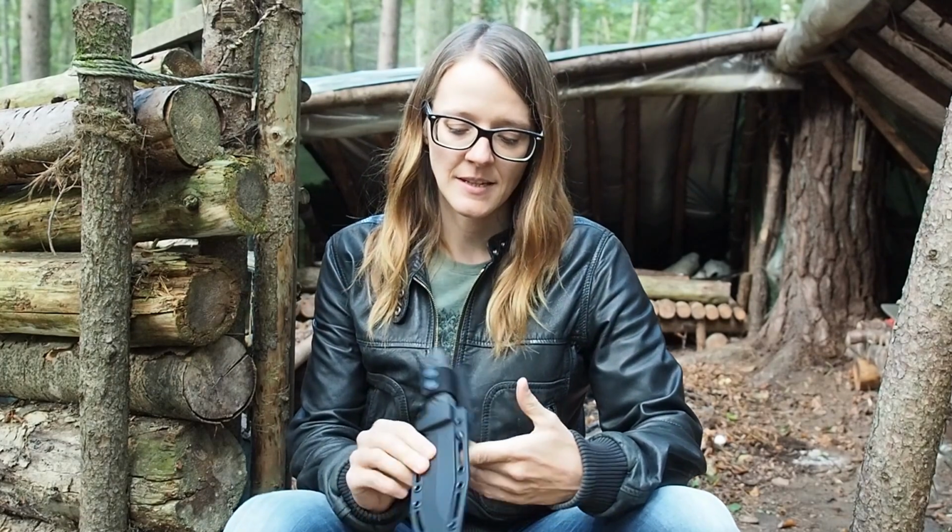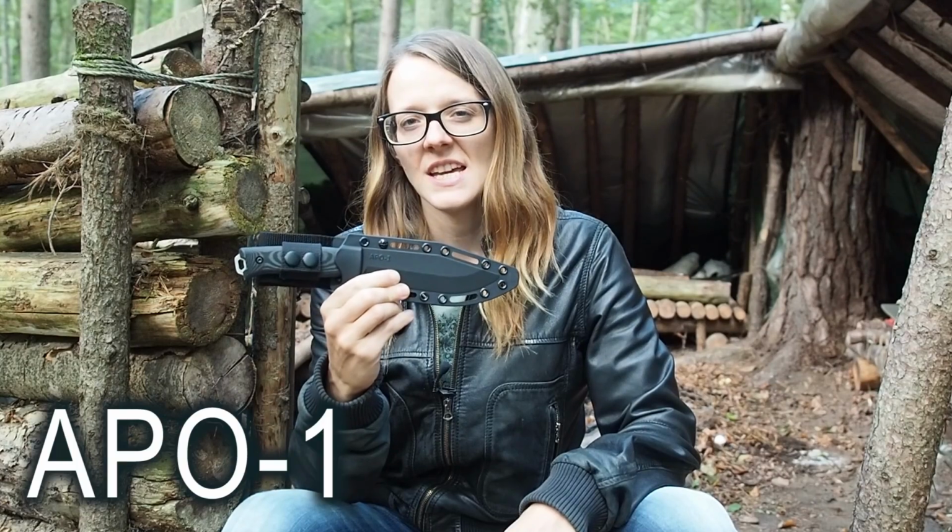And then I also needed a name for the knife, and initially I wanted to go for SL1, which means SurvivalLilly 1, but actually I have searched some brands in the US and that SL1 brand was already taken by another knife company. So then I had to invent another name,